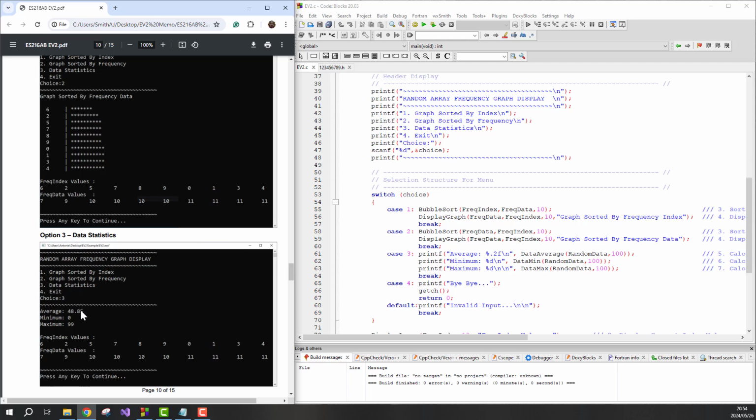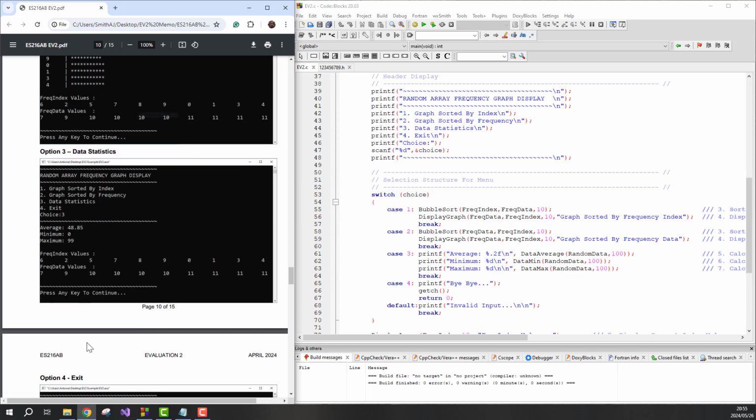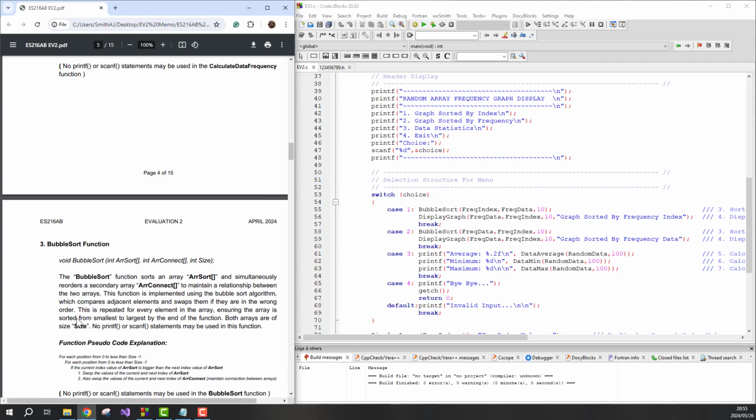And then we've got just option 3 that's going to give us some statistics and still display the frequency index and frequency data values for us. And then 4 is to exit. So if I go all the way up here,